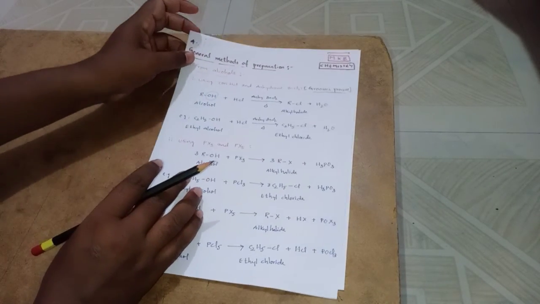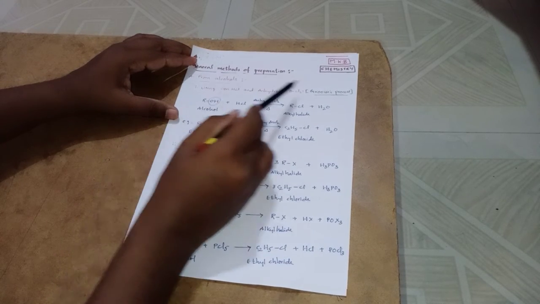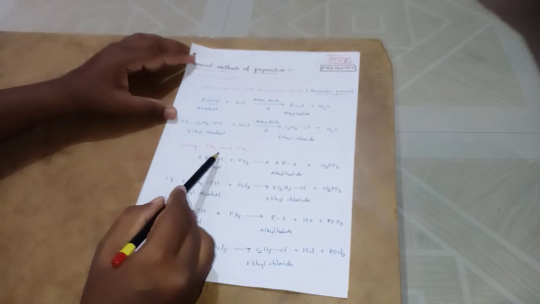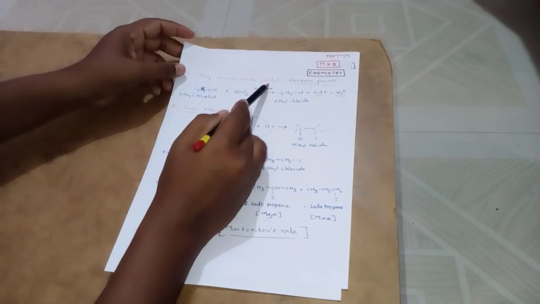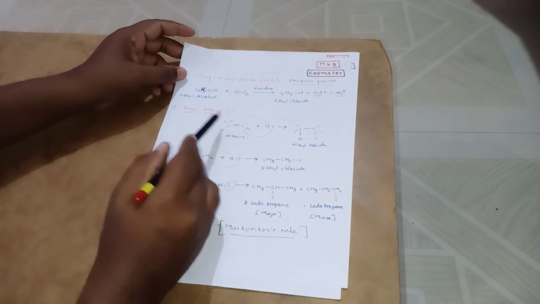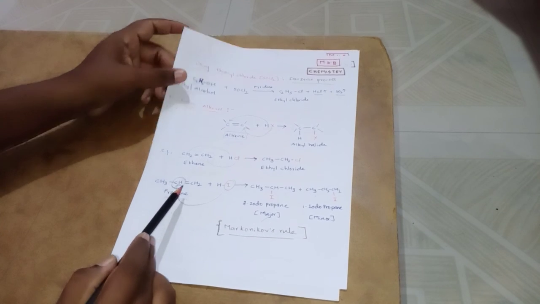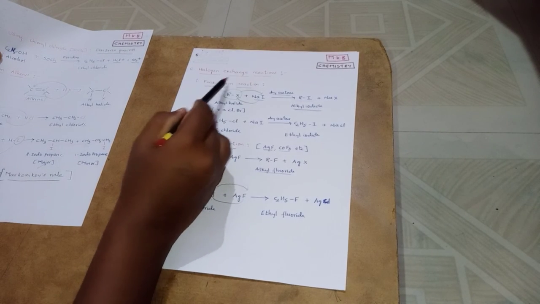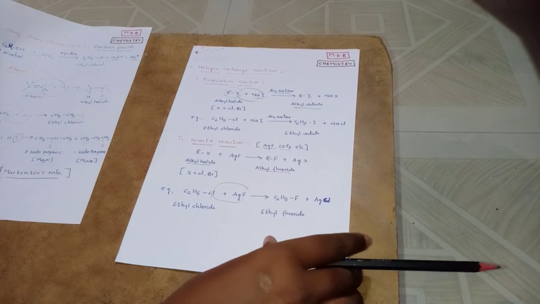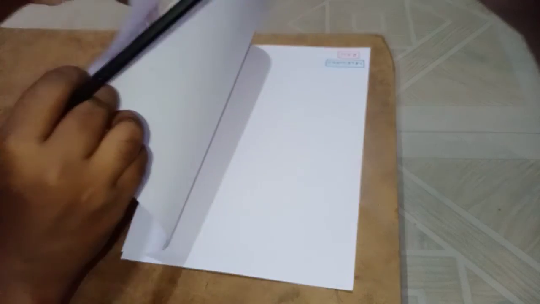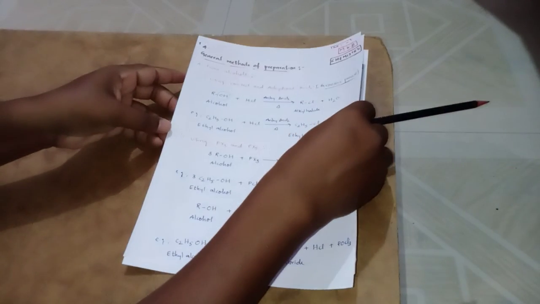So let us glance over these preparation methods. One is from alcohols, that is by Groves process, by using PX3 and PX5, and by using thionyl chloride, which is called D'Argens process. And from alkenes, using symmetrical and unsymmetrical alkenes, and the halogen exchange reactions, Finkelstein reaction and Swarts reaction. These are the preparation methods of alkyl halides. In the next class, we'll discuss some other concepts. Thank you.